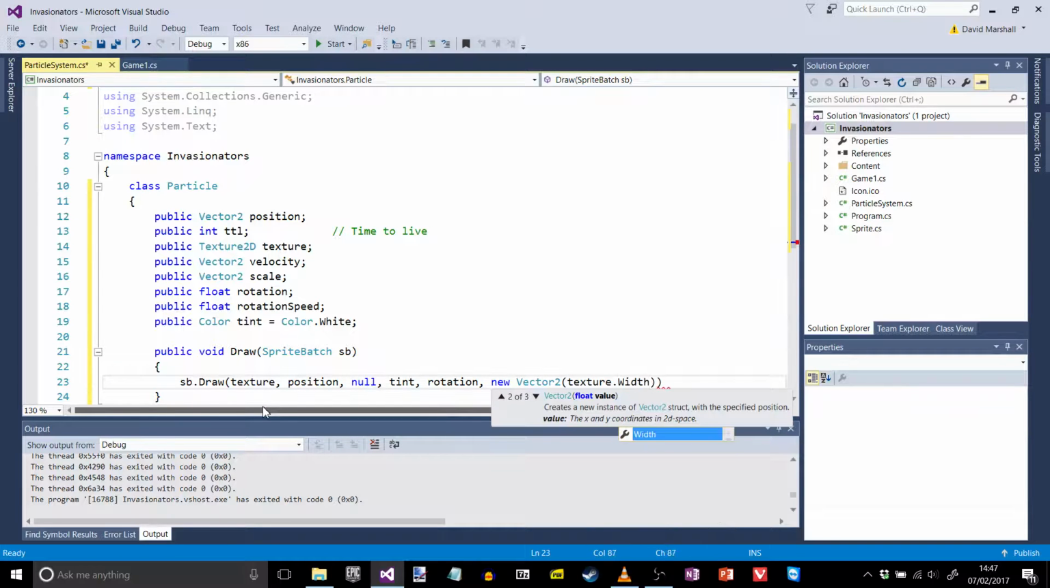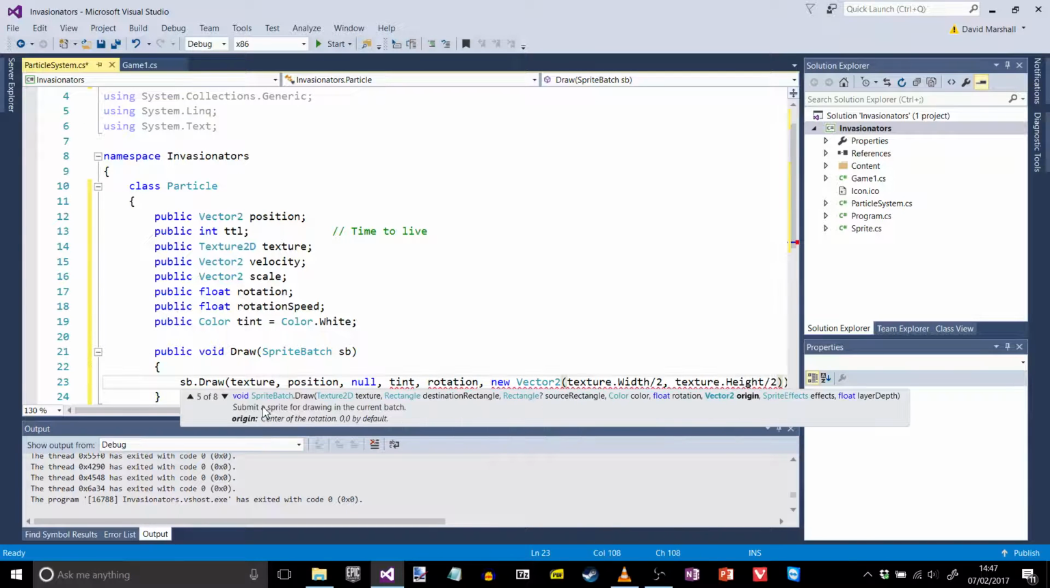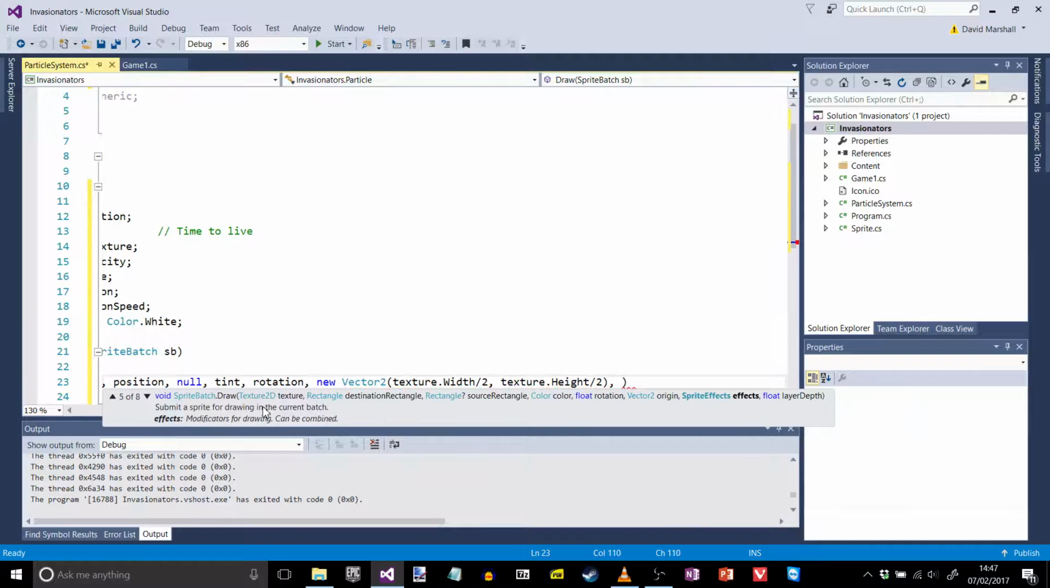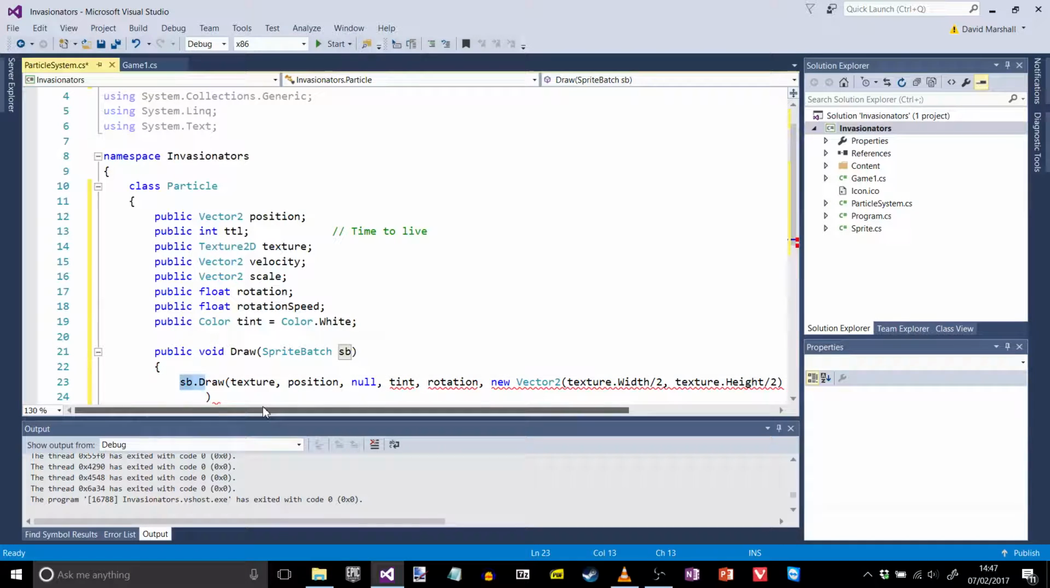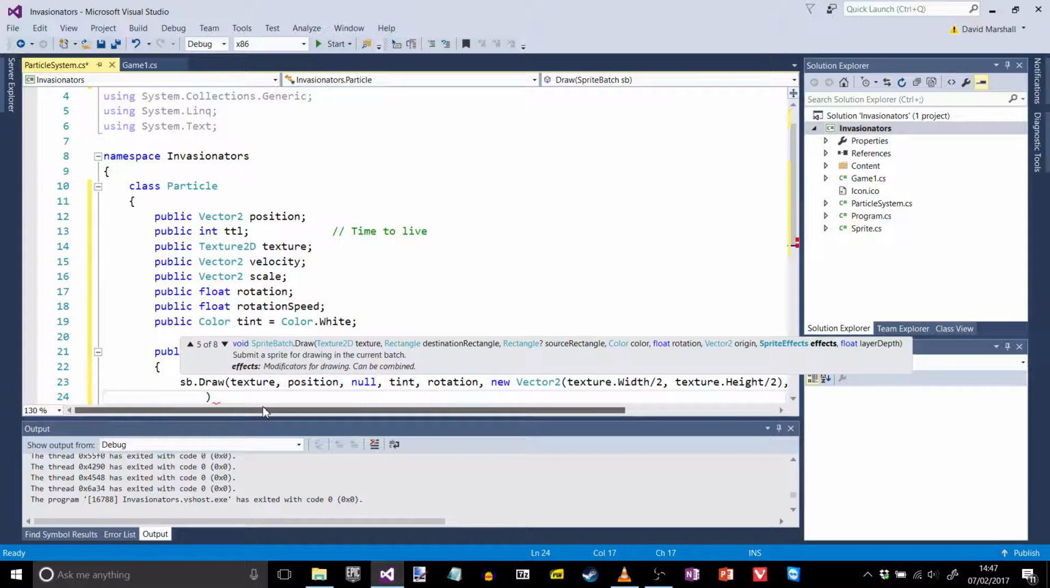I'm going to get texture width divided by 2 as the x coordinate, and texture height divided by 2 as the y coordinate. So that will give us halfway across and down the texture as its origin that it will rotate or scale around. The line's getting a bit long there, so I'll put the comma in. Next thing we've got is the scale,